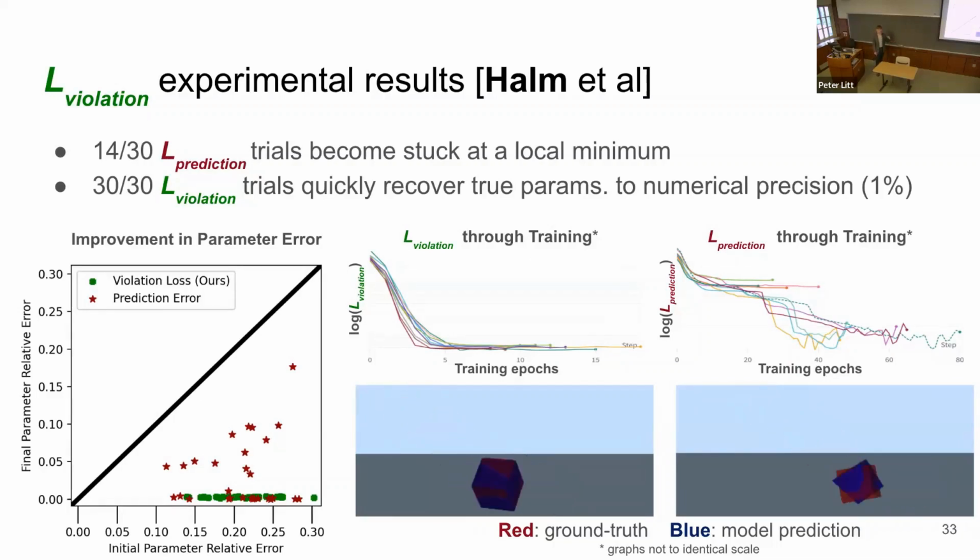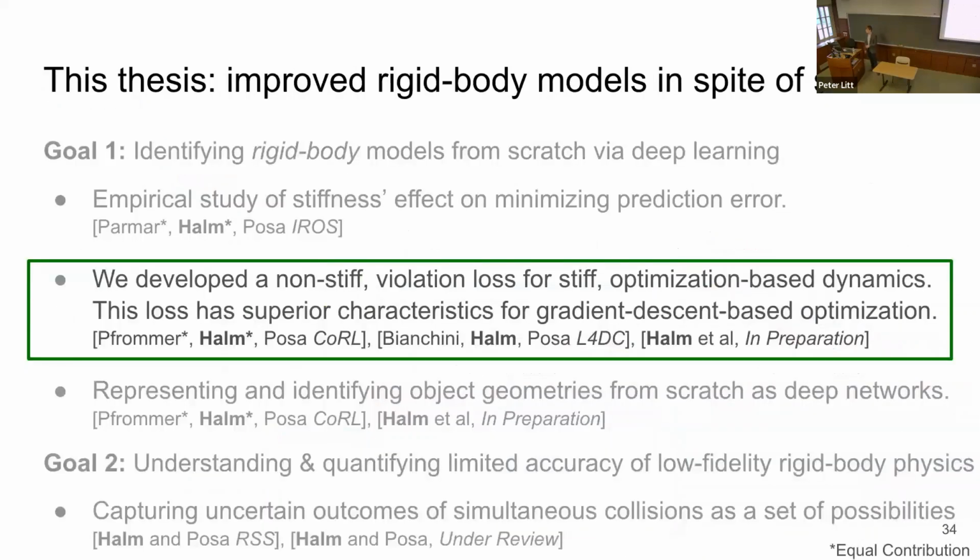And we overlay the data in red with the model predictions here in blue of the simulated die tossings. We're also showing the learned geometry in blue as well. And we find that for our models, they overlap so much that it's very hard to distinguish differences in their motion, while there are very clear differences in the amount of rolling and sliding in ones trained with prediction error. So this is how we would like to optimize physics-based models. And we believe that we've achieved some sort of numerical superiority in our ability to optimize them with gradient descent.